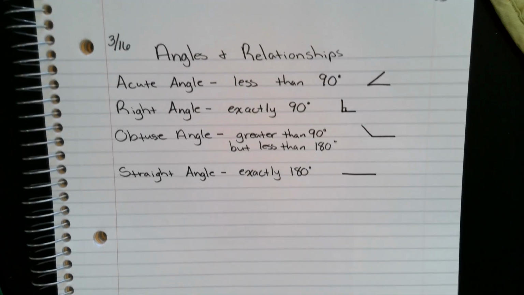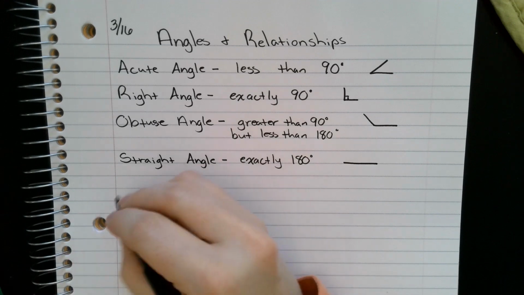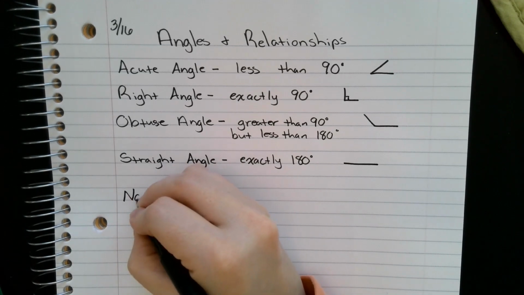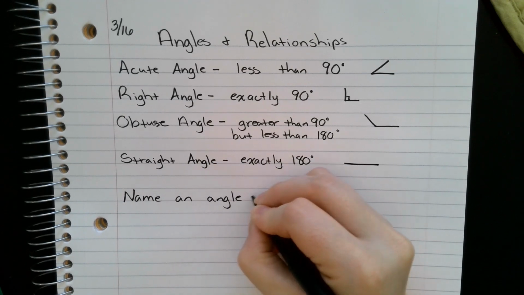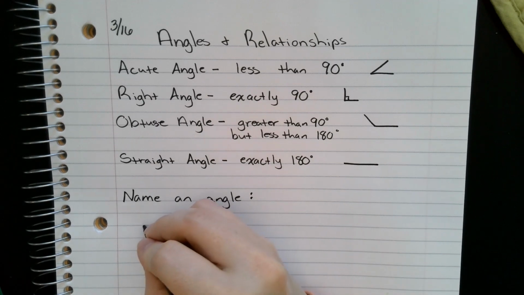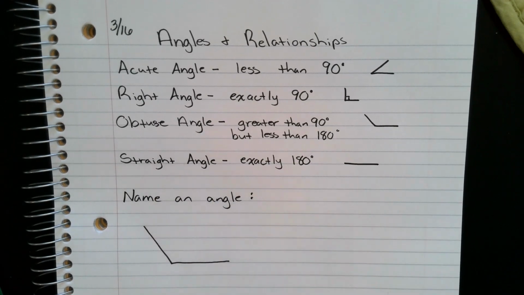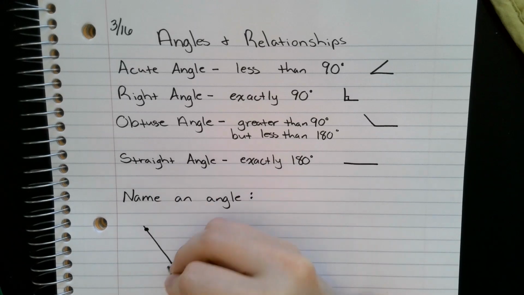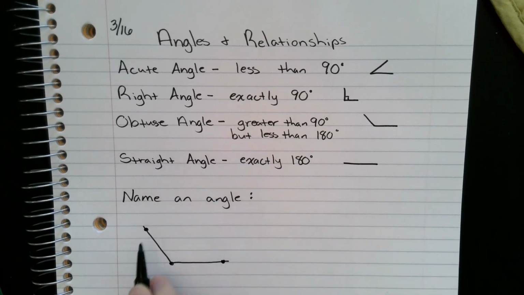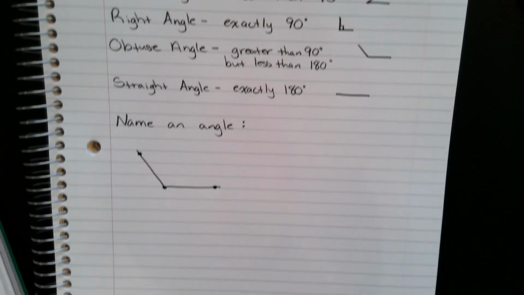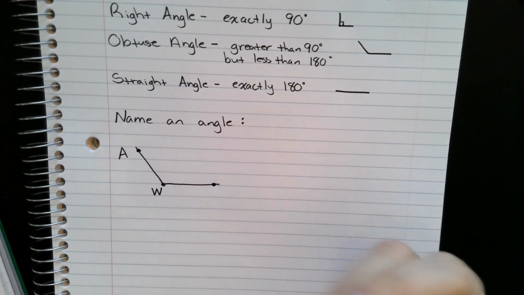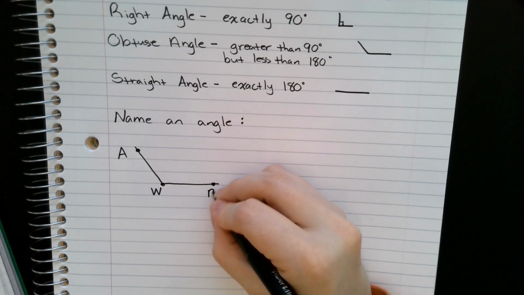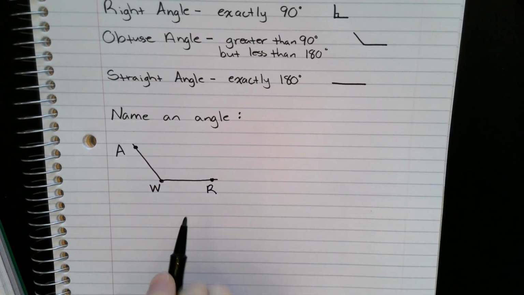I quickly want to also remind you of how to name an angle. There are different ways that you can actually go about naming an angle. So for example, if I give you the following angle here, sometimes your angle might have 3 points on it. 2 of the points are what we call endpoints, and 1 point is the vertex of the angle. So if this was maybe A, W, and R, then one way we can name it is